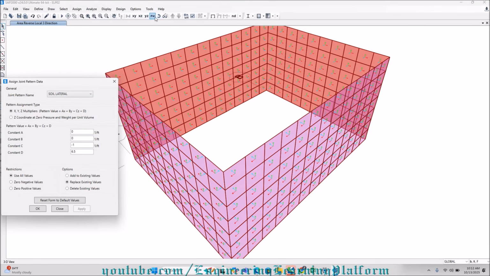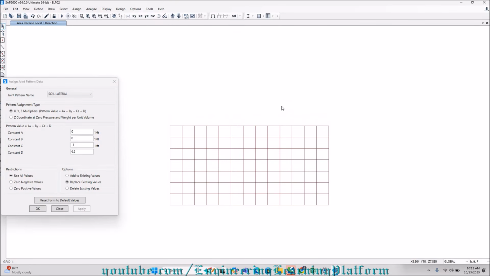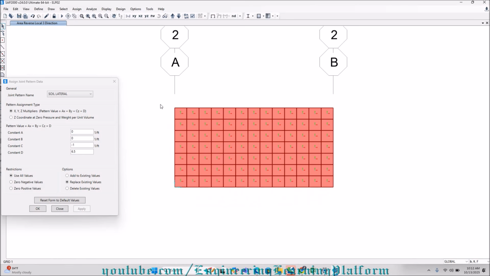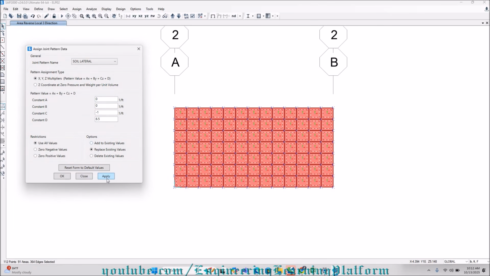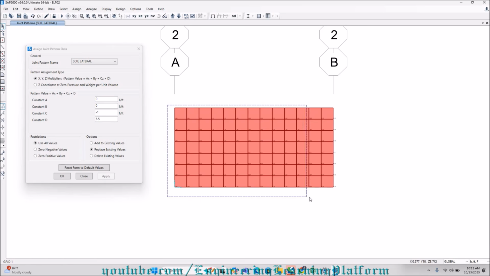So first I will click grid 1. Okay, it's grid A. Select this, soil lateral, apply. Okay, then again for this,